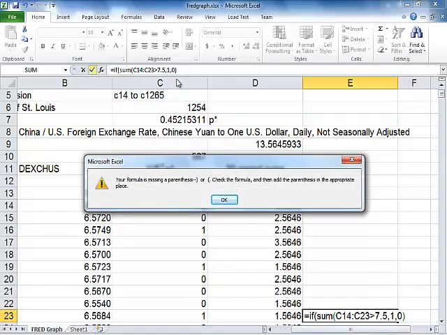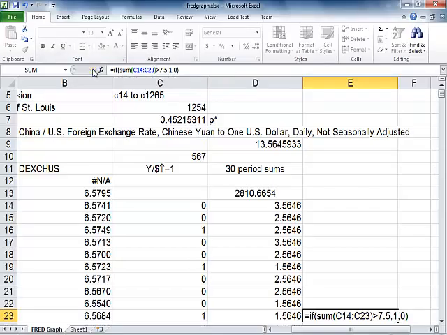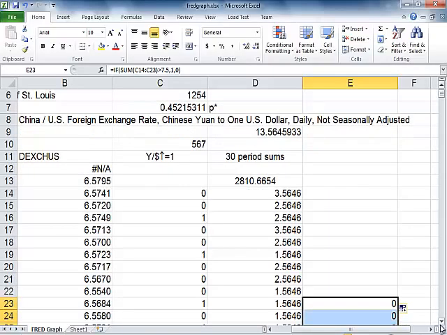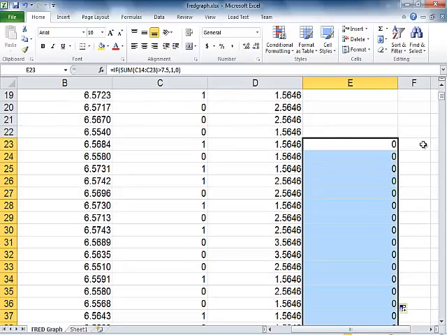Another bracket. Oh, okay, some bracket is missing. Okay, fix that. Alright, so there were not 8 ones in this period. Now I go down and I extend this to, and now